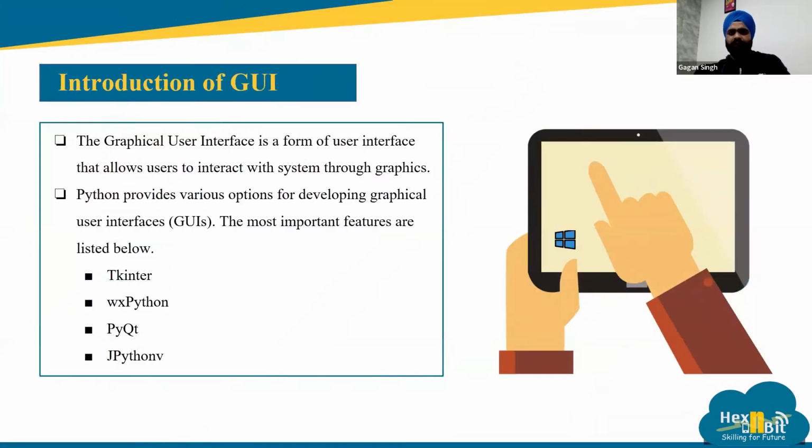So first, introduction of GUI. As one of you said, a GUI is a form of user interface that allows the user to interact with the system through graphics. Let's correlate it to normal life, right? Most of us are from a programming background, so it's very easy for us to execute tasks on a computer system either through programming or through a GUI. But just think of our parents or anyone who does not have a technical background and has to interact with the system. They cannot write everything in the form of code.